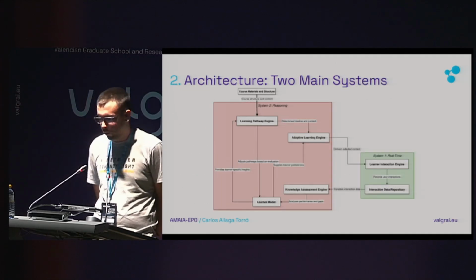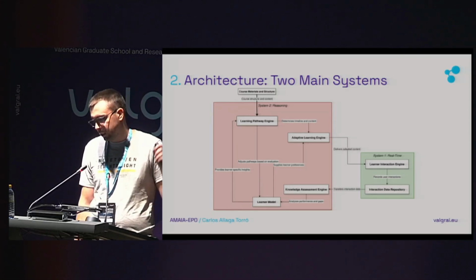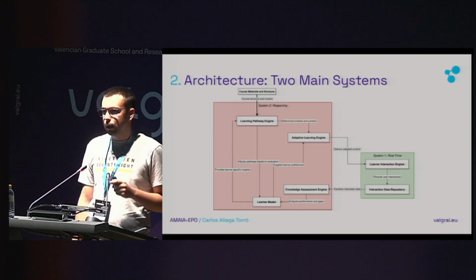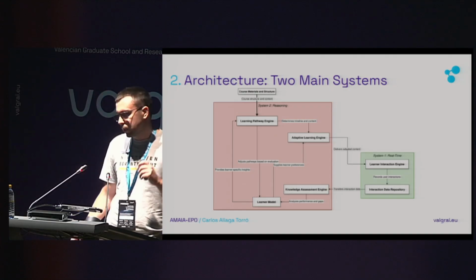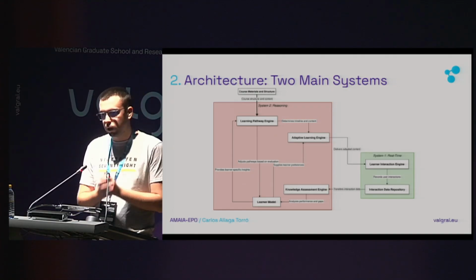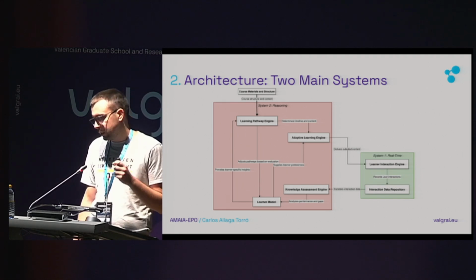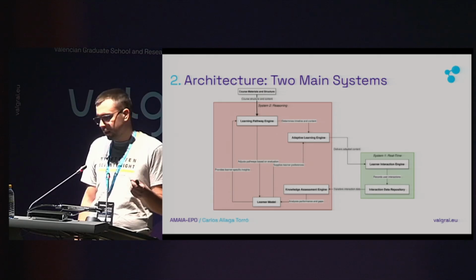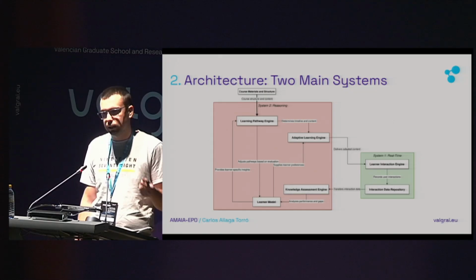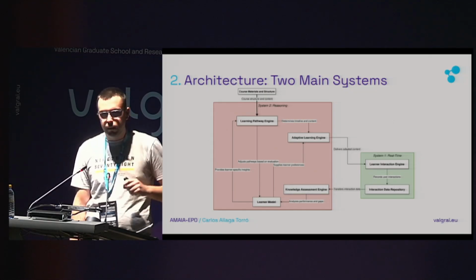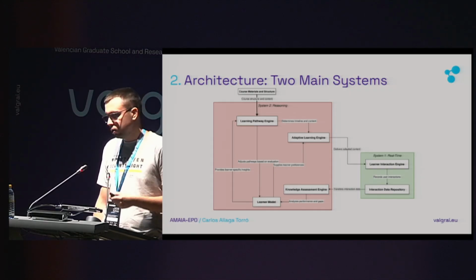So here we have the architecture. This is the main part. We have two main systems, as you can see, System 2 and System 1. This is based on the DeepMind Talker-Reasoner paper, which says we have a system that needs continuous, real-time interaction with a user. This is System 1. And we have another part, System 2, that has to think and analyze all the information that we got about the conversation. In this second system, we analyze everything that is happening, take a decision, and